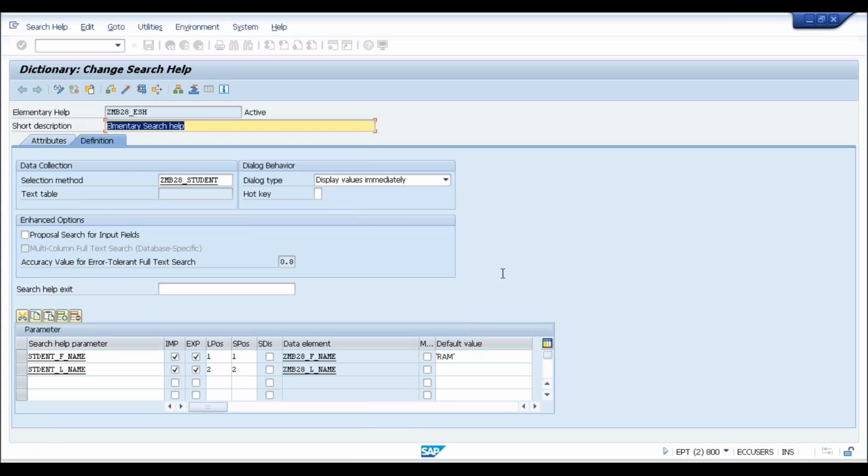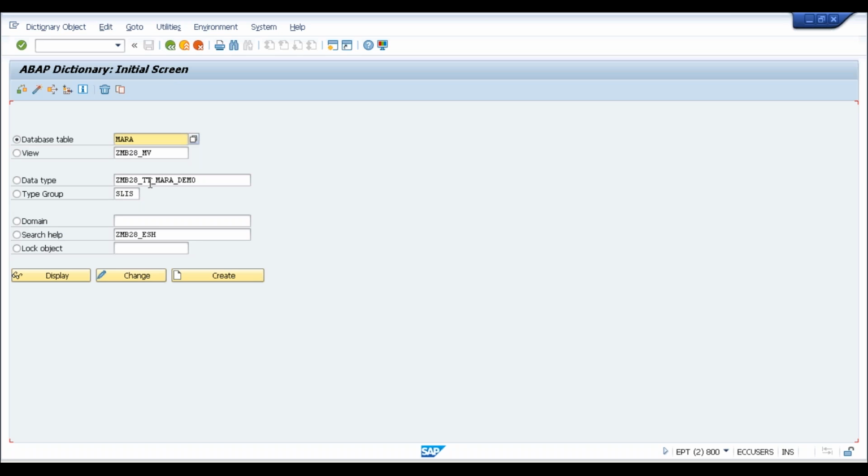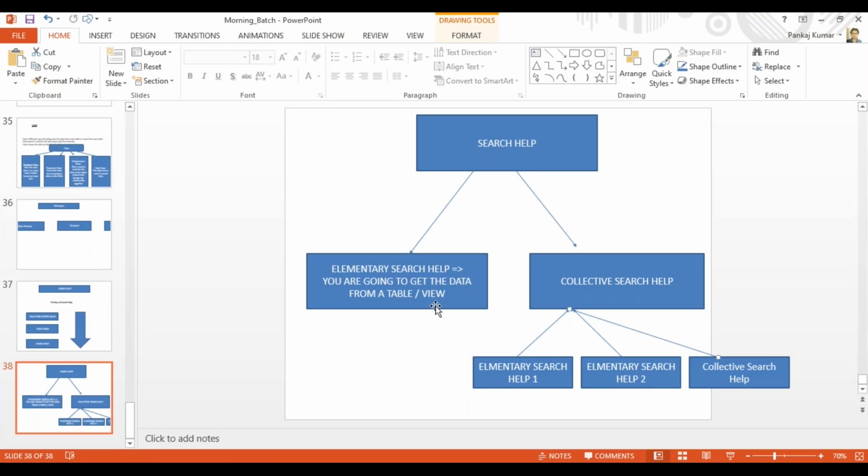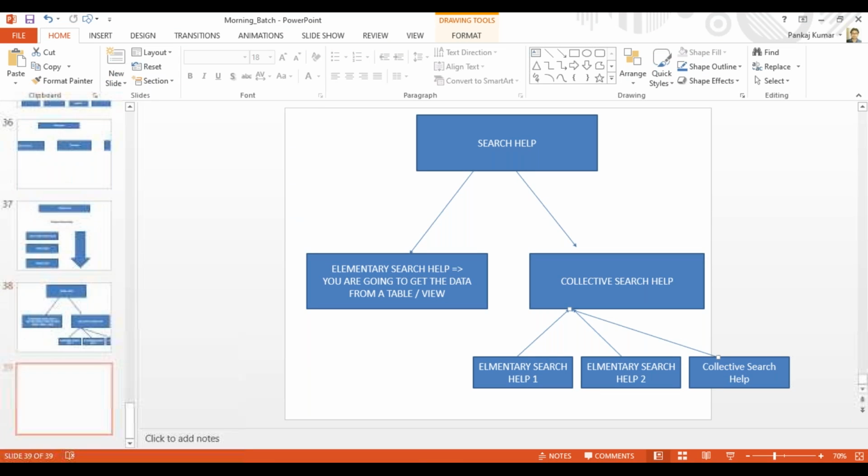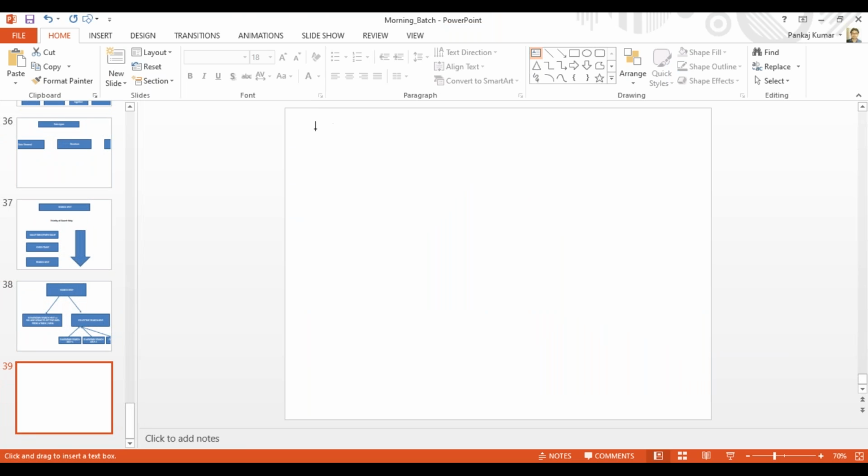That's it. Okay, fine. With this we are going to complete today's session, and the elementary search help is now completed, and I will show you how you can integrate this elementary search help with your database table in tomorrow's class. So maybe tomorrow's class we can start with how to integrate